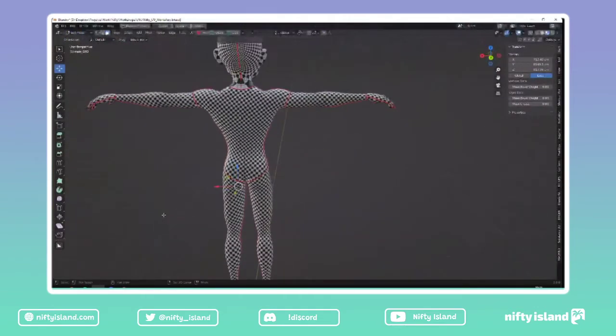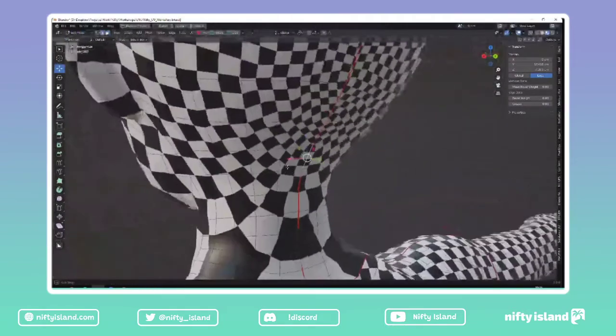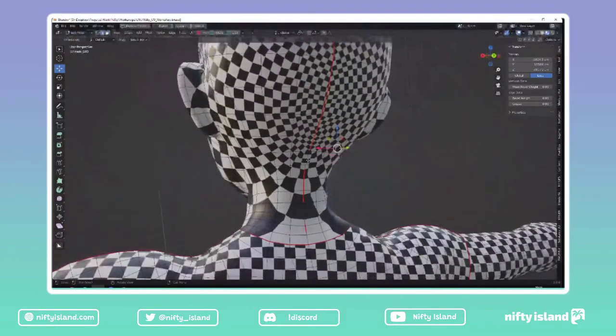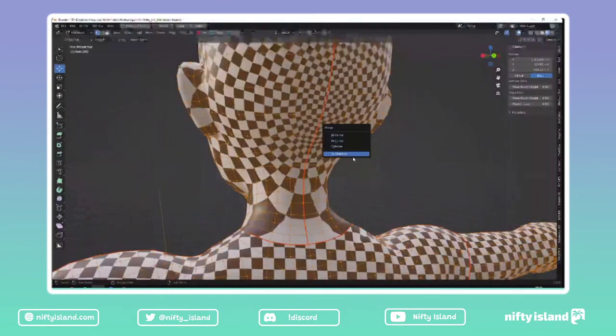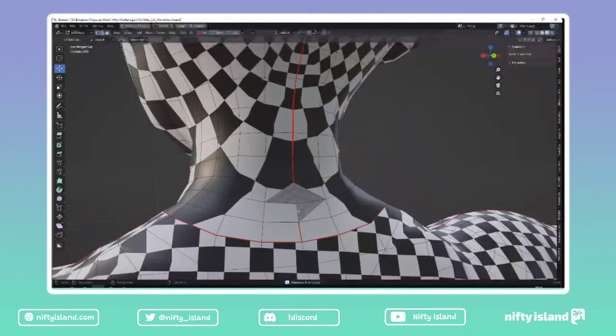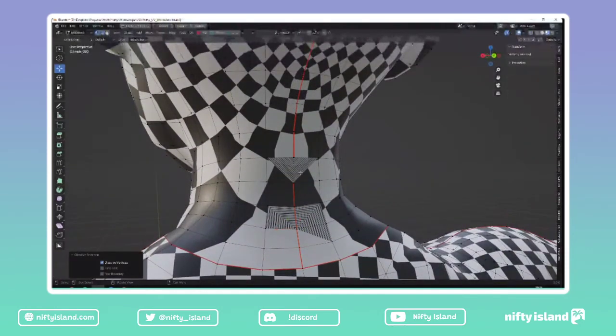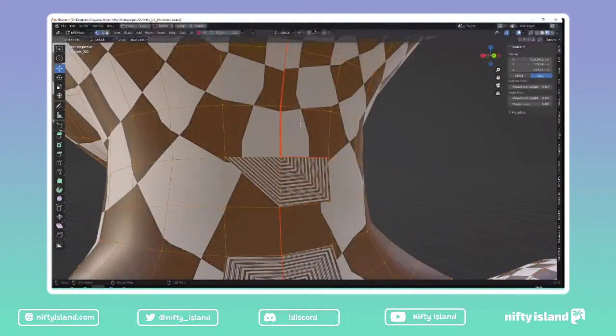We have a nice UV on the body, but the head's not looking good. Probably it's because I didn't separate this correctly. So let me just mark again. Oh, that's probably because I did the mirror, and the mirror just created some issues here. Just let me fix this mesh, okay? One second. Let me just give it a,